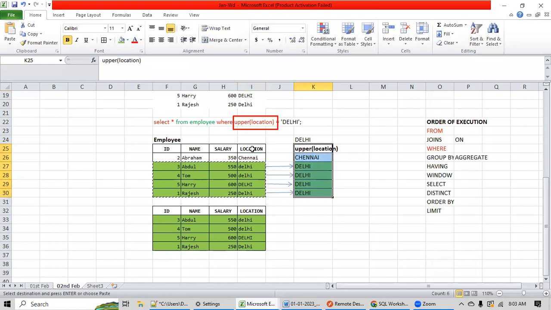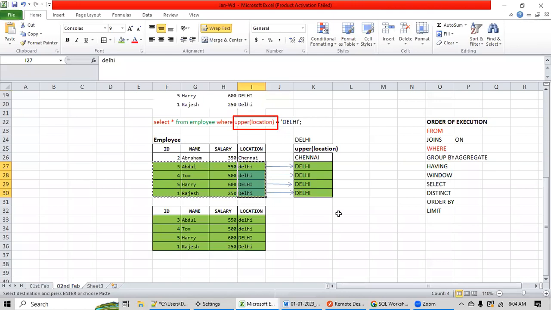It has not converted the parent table column location. It is as it is. This again proves that this conversion happens in the temporary memory. It is not like the engine is touching the parent table and modifying it. Is this clear?